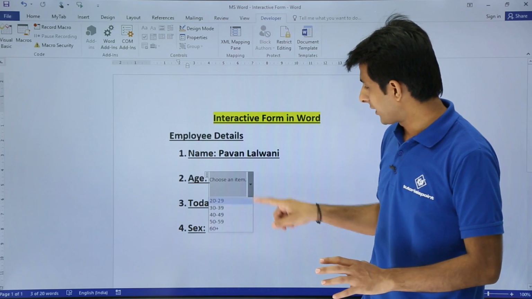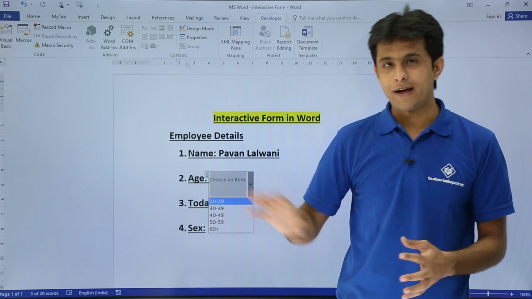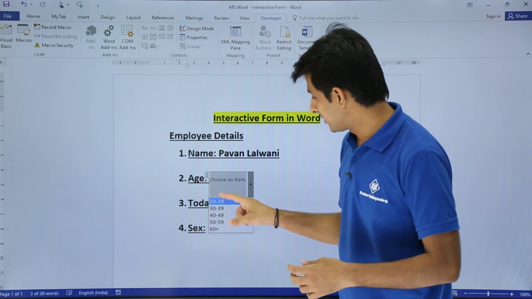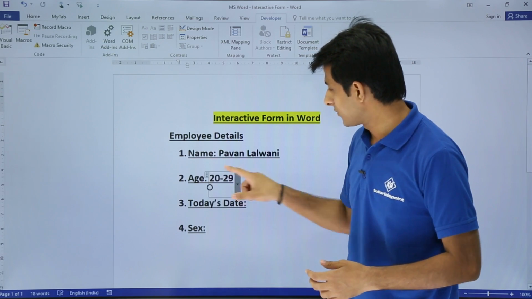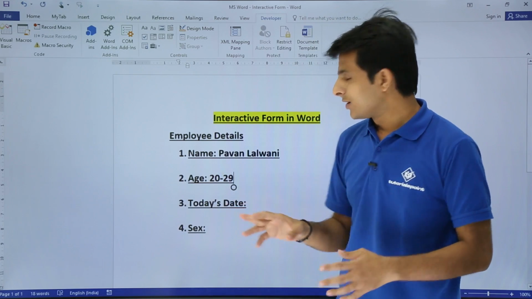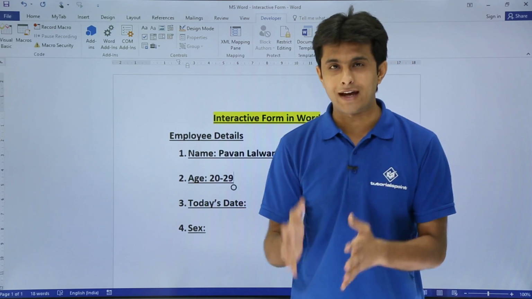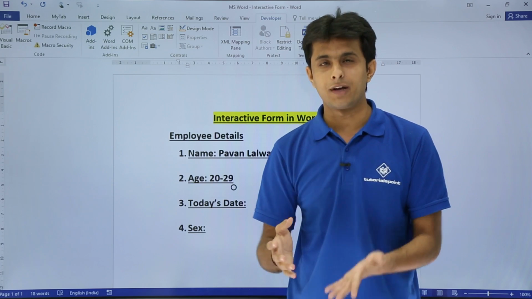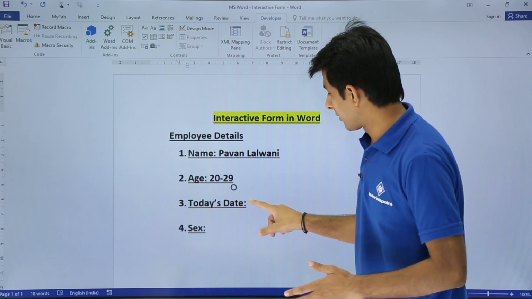Now if you observe, if I click on this drop down, the age group has come here. Now suppose I fall in the age of 20 to 30, I'll just select from here. So that is my age group. Some other person might select some other age group and it is same. So he doesn't have to find out what exactly he has to enter, 25, 25.5, and so on, right? So that is one more here.